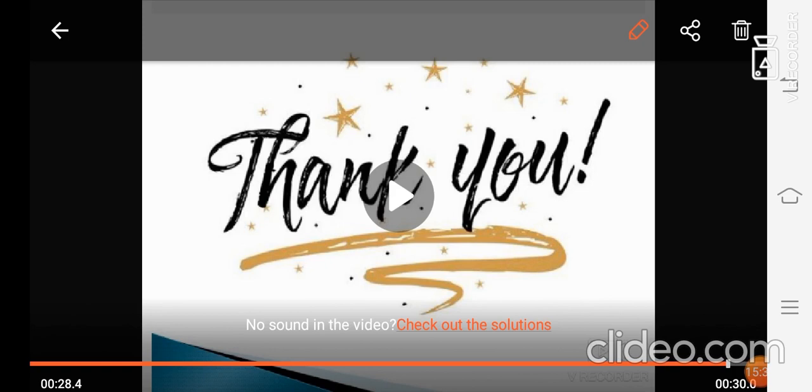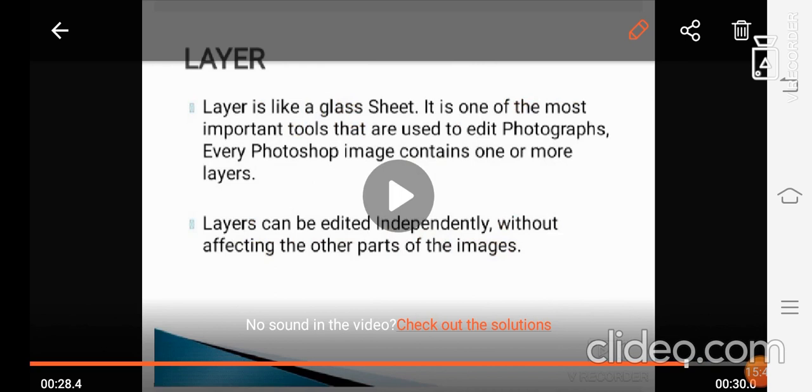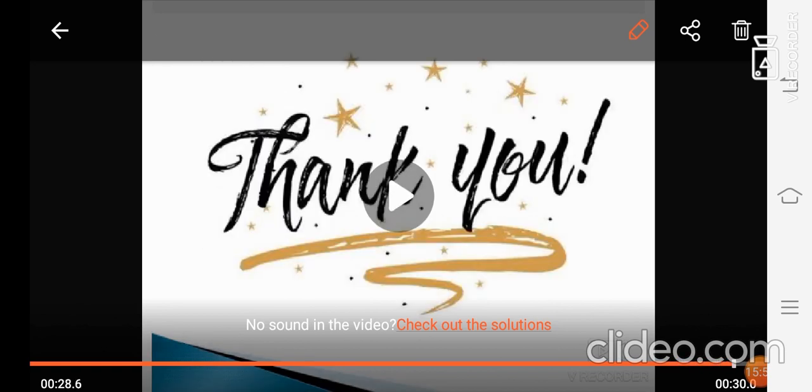Okay, and the layer panel appears as shown below. This is what the layer and the layer panel both are. This is the layer that we are talking about, and then next we are talking about the layer panels.